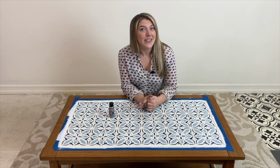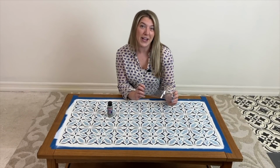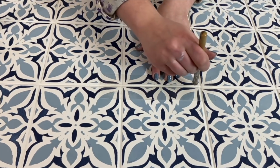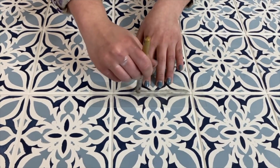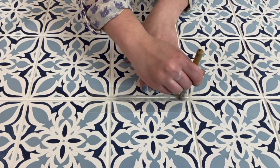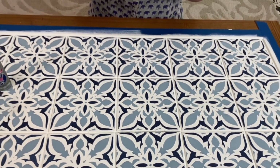Once you finish stenciling your faux tile table, we want to show you how you can get realistic looking grout with a free grout line stencil. If you want to come in and check it out, you put it right over the grout line and just pounce your brush right over. You can even slide it up and down very smoothly. Take it all the way to each end of the tile and then simply peel